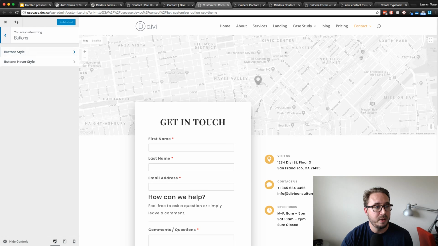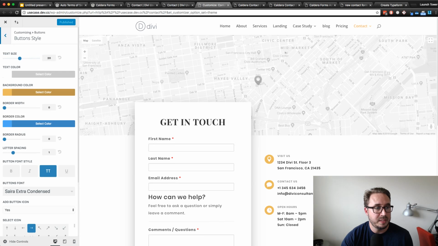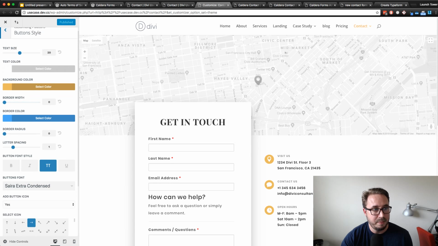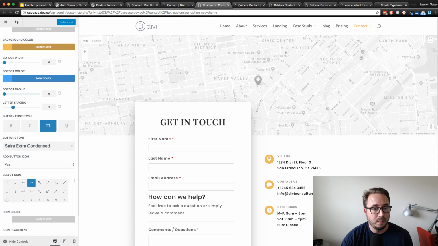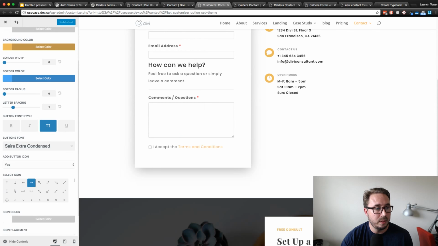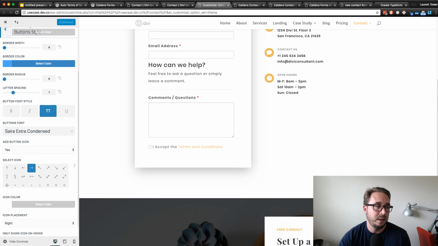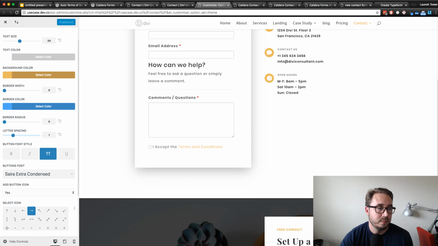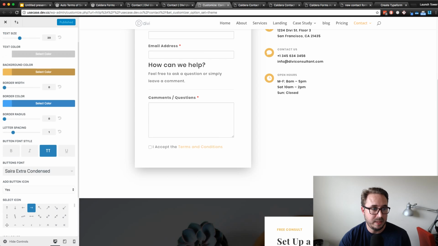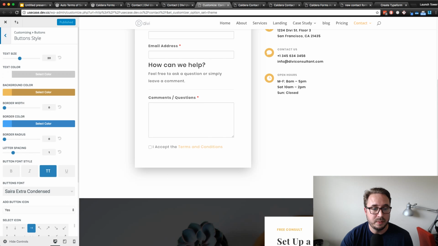So here, if I go to button style, you'll notice that I just gave it a custom background, and matched the design of my layout as best I could using these settings,